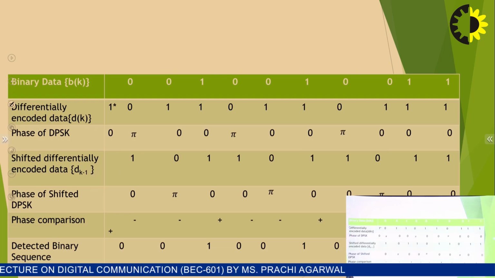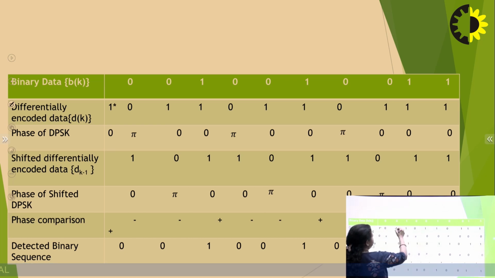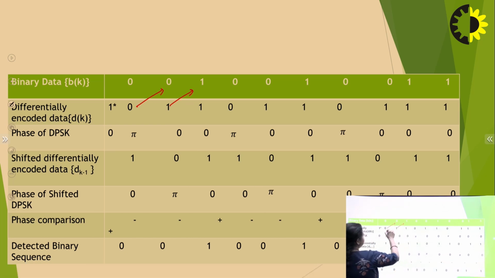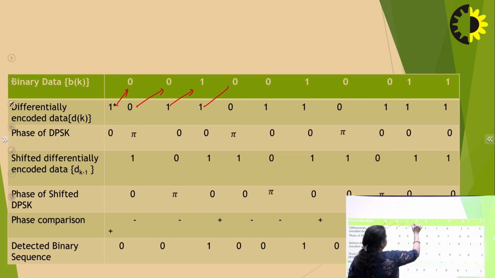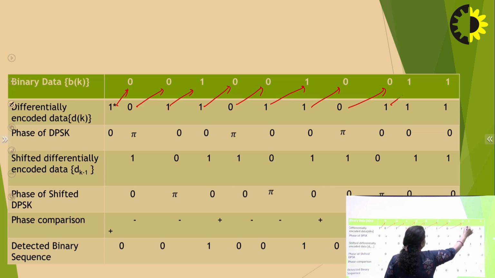So the same I have shown here. I have again used just one arbitrary bit. So I have compared, and on comparison I am getting 0 where bits are different. When bits are same, you are getting 1. When bits are different, you are getting 0. When bits are same, 1. Again bits are same, 1. Bits different, 0. Bits same, 1. Bits same 1, and again bits same 1.